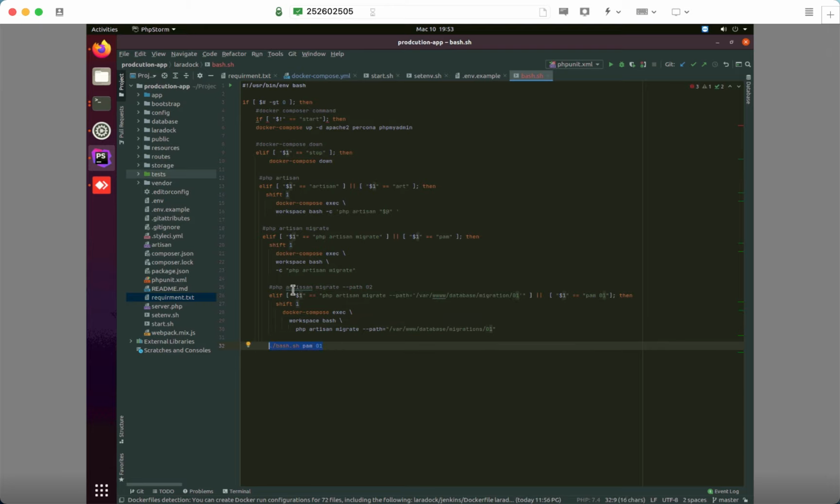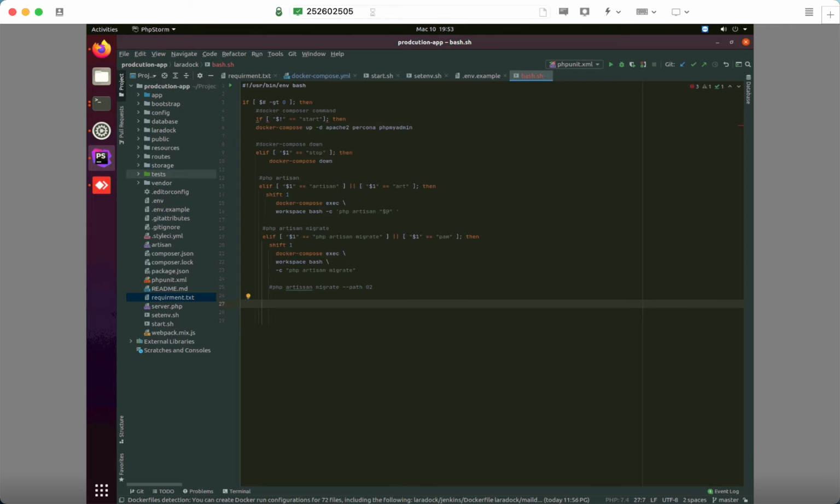But if you use only one database, then you can ignore this part, and you create just another one. So this is for database, you can create as many as you have. If you want to create for composer, then you can also just define command composer, and it'll say if space and $1 inside double quotation equal to, again, composer space, or if someone types